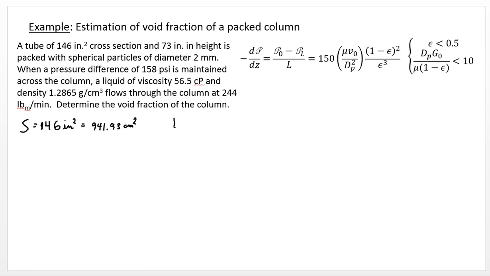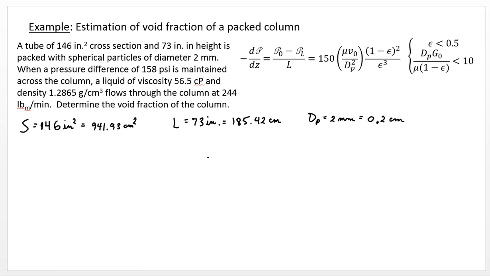All right, the length of the column L is 73 inches, which is equal to 185.42 centimeters. The packing diameter, d p, is given to us as 2 millimeters. We'll convert that to centimeters as well. Use the CGS system, so 0.2